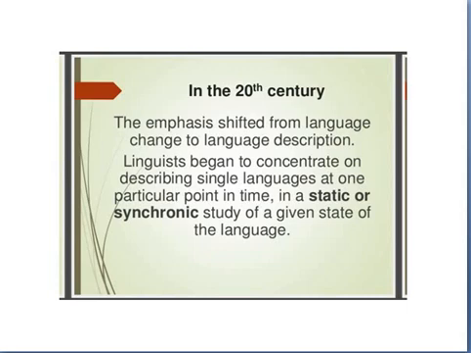Their attention turned more and more to the study of grammar in the technical sense of the term: the organization of the sound system of the language and the internal structure of its words and sentences. By the 1920s, the program of structural linguists, inspired in large part by the ideas of the Swiss linguist Ferdinand de Saussure, was developing sophisticated methods of grammatical analysis.